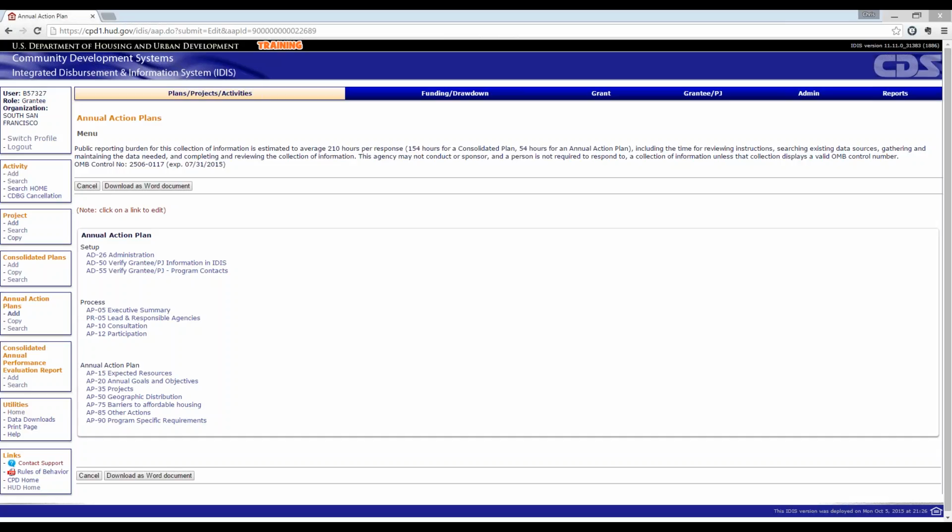Could you repeat the question one more time? Sure. Do you only add a public housing authority if they are part of your consortium, or any housing authority in your service area, especially if you give them money? So what are the rules or the protocols for adding PHAs to your comp plan template?